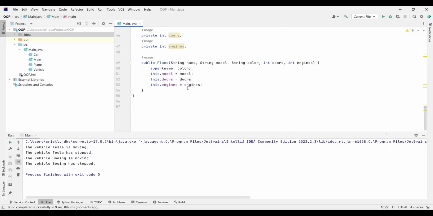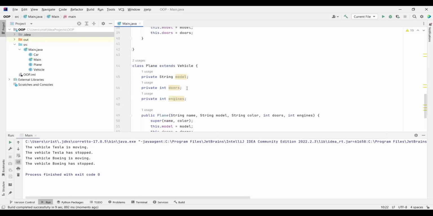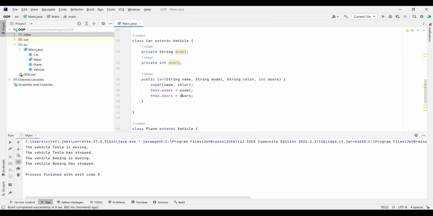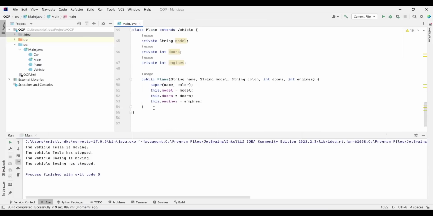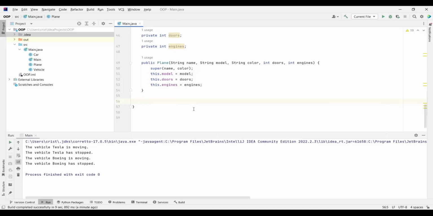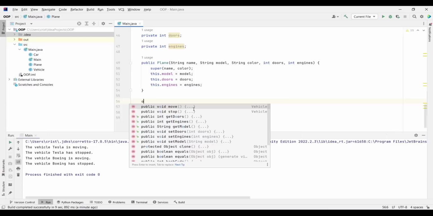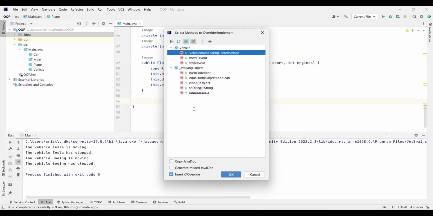Now what we can do is that we can override those functions. So we can override those functions inside our, let's say like I want to override the move function inside the plane class because the plane is moving in a specific way. What I can type here, let's press Ctrl O, and I can, as you can see, override move and stop.